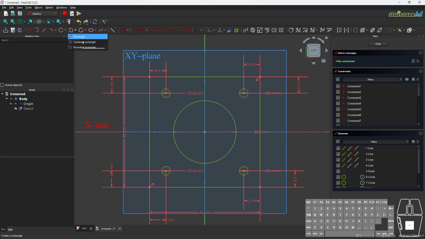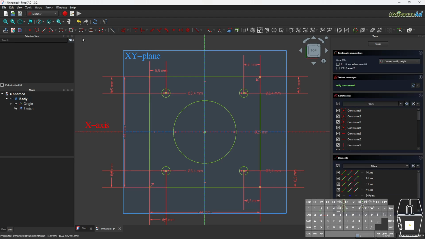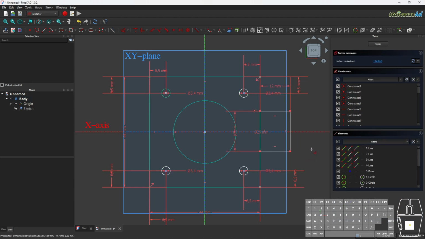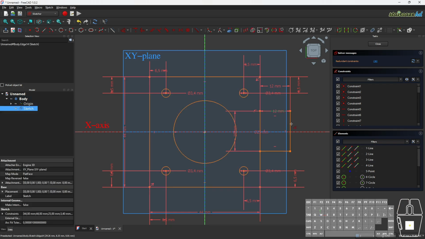Next, create a rectangle from the right side of the main square with size 12 by 16 mm. Use a dimension of 8 mm to set the new rectangle position center to the X-axis.